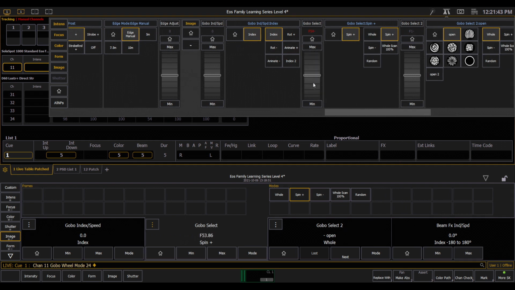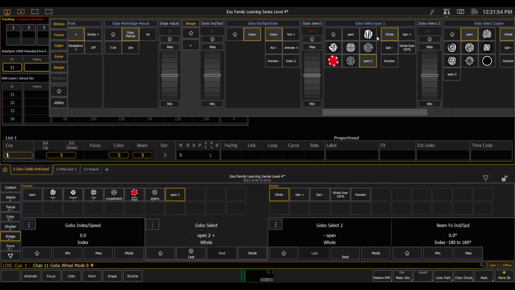So I can spin quickly, and this is just going to rotate the wheel. Now, as soon as I switch back to whole, and I'll do it in ML controls this time, that same parameter, that gobo select, now if I move it, it's going to select gobos instead of changing the spin speed.